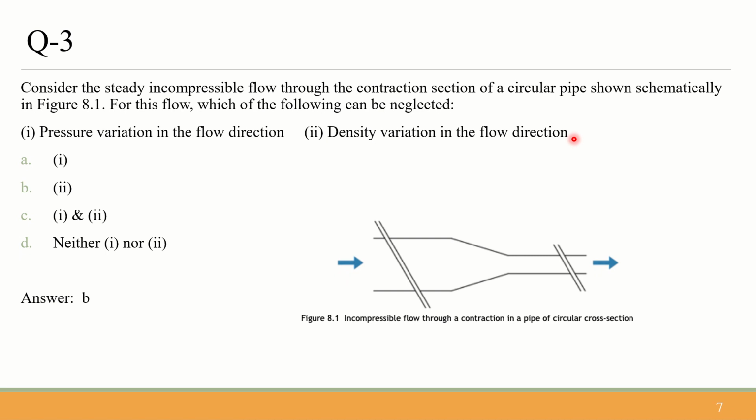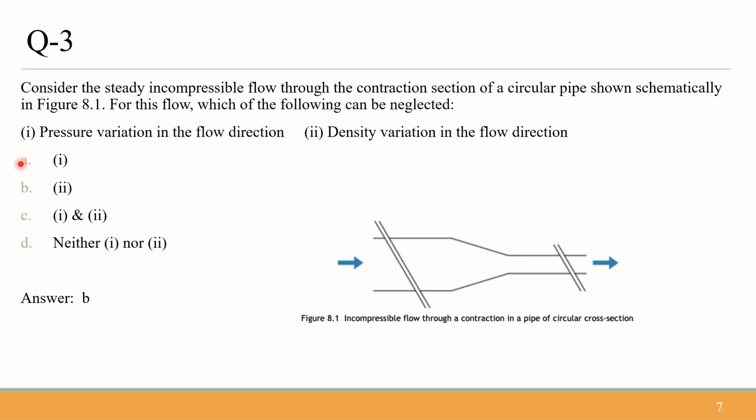Since it is mentioned that the flow is an incompressible fluid flow domain, we can ignore the density variations because the density variation would be very minor, those changes are very less. So density variation in the flow direction can be neglected. So on looking at the options, we have option A 1, option B 2, option C 1 and 2, option D neither 1 nor 2. As we all know, the second option is the right one. So option A is false, option B is right, option C and D are again false